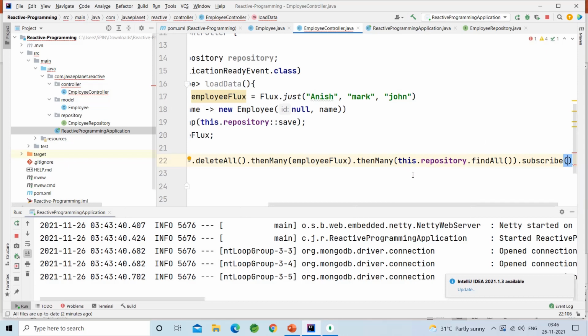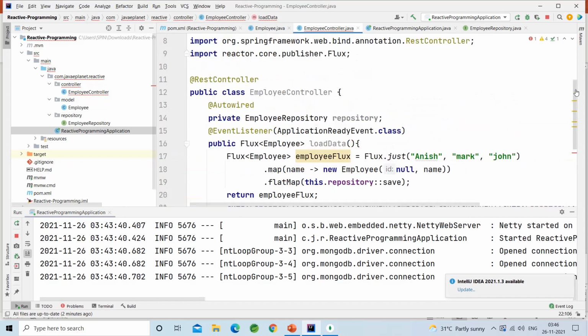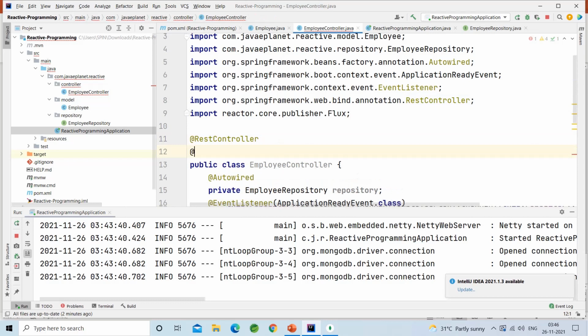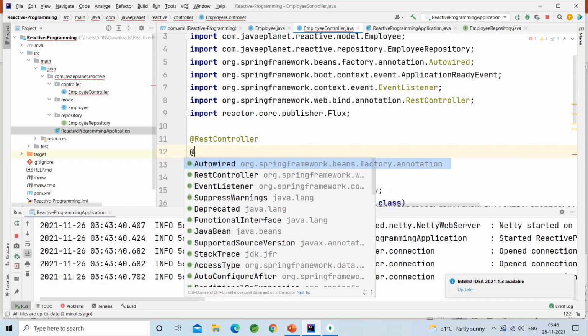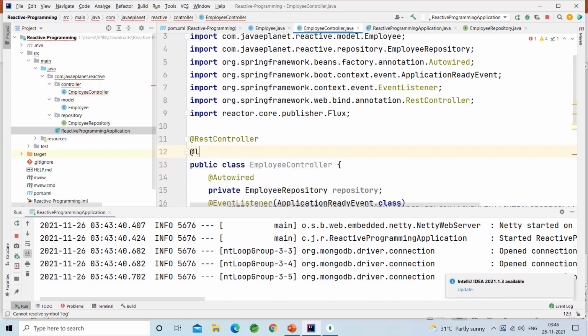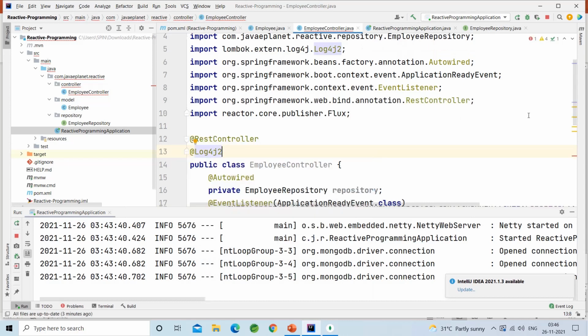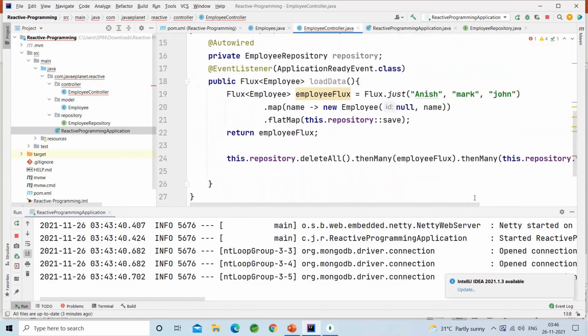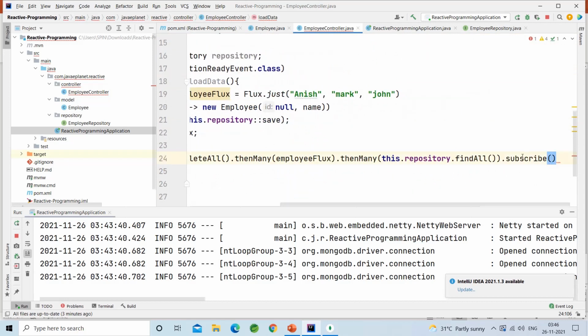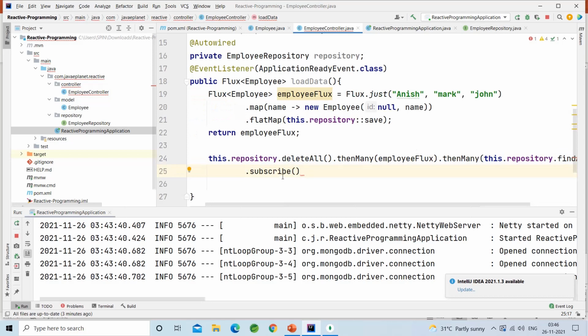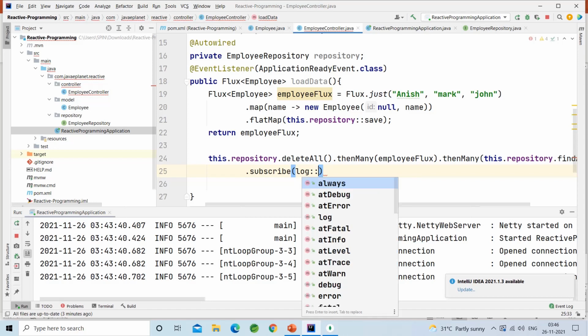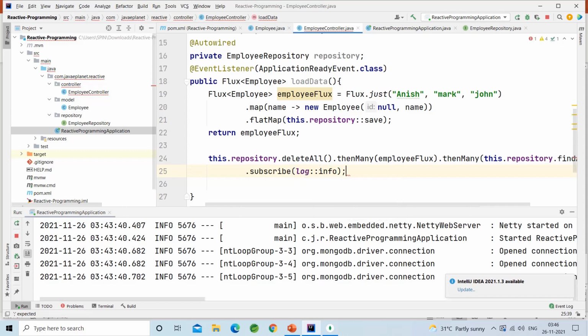For that, what I will do is, log4j2, subscribe, log method reference, info, that will log everything into the console.